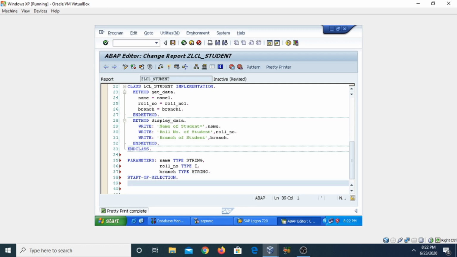Now if you want to create the object of a class, firstly you need to create the reference variable of the class. And how can we create the reference variable of the class? We will create it like this.